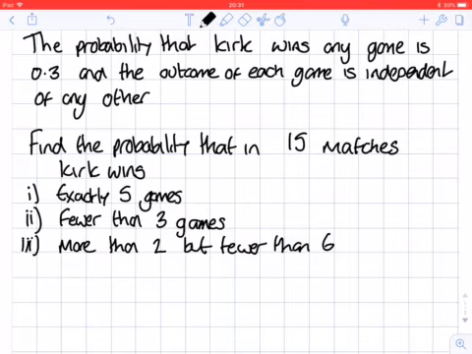What we need to do really is, obviously we can see that this is going to be a binomial distribution because there's a success and a fail. And we've got obviously a set number of games that have been played, or picks if you want to look at it from the other video point of view. Now obviously a tree diagram would be virtually impossible here because you'd have 15 levels of branches and it would be a ridiculous amount of time to set up the tree diagram. But we know we've got this choose method that we talked about in the second video. So what I'm going to do first is show you how to write this out as a